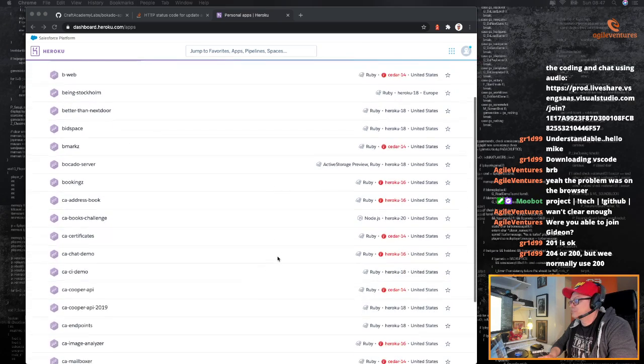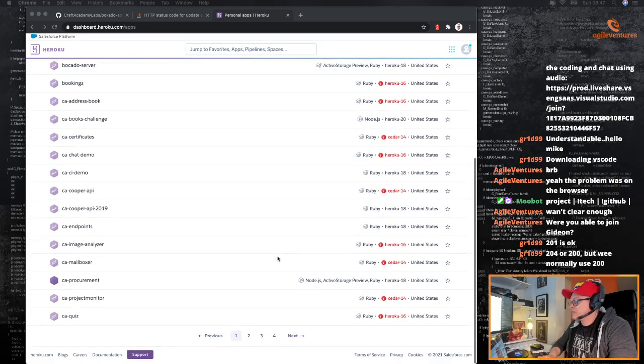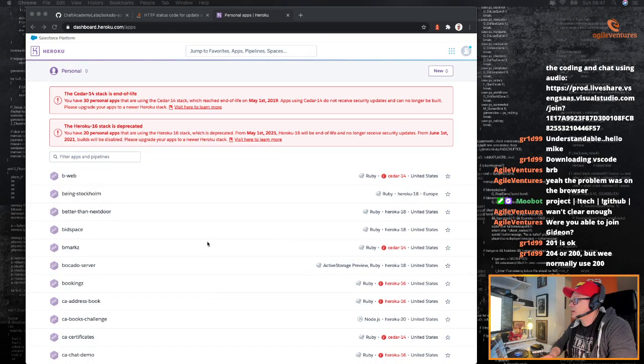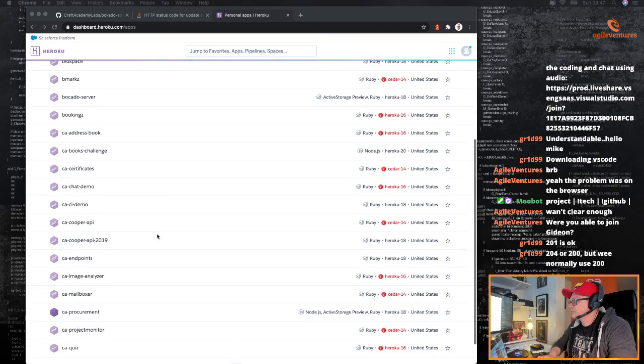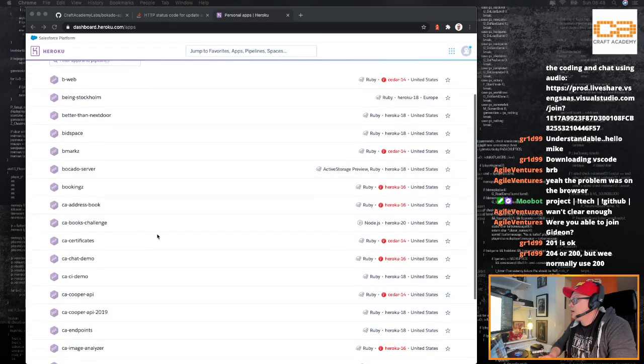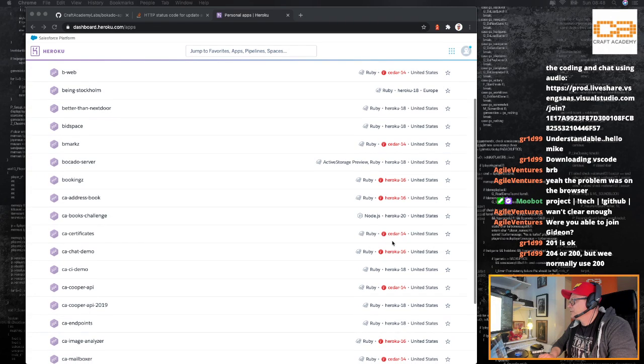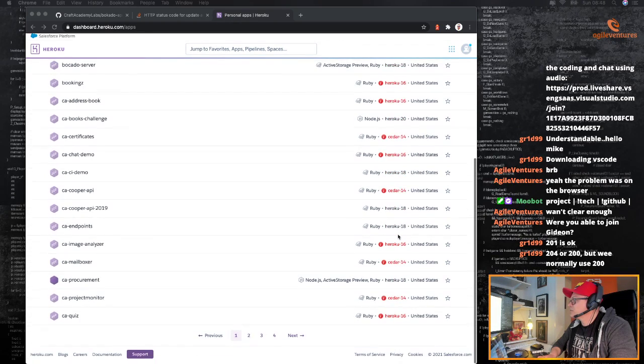I've been running Craft Academy, and I think I also have some leftover Agile Venture stuff from when I was really active. Some of them are really old and not used, but some of them are actually still in use, and Heroku is deprecating their stacks, so all the red stuff that you see here